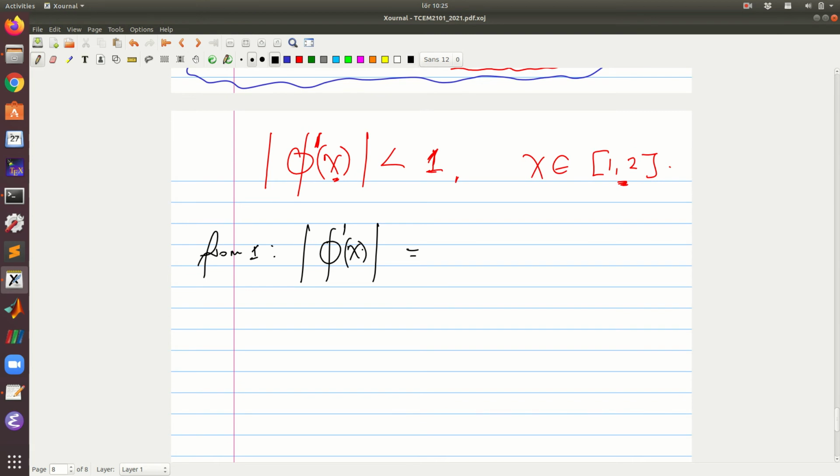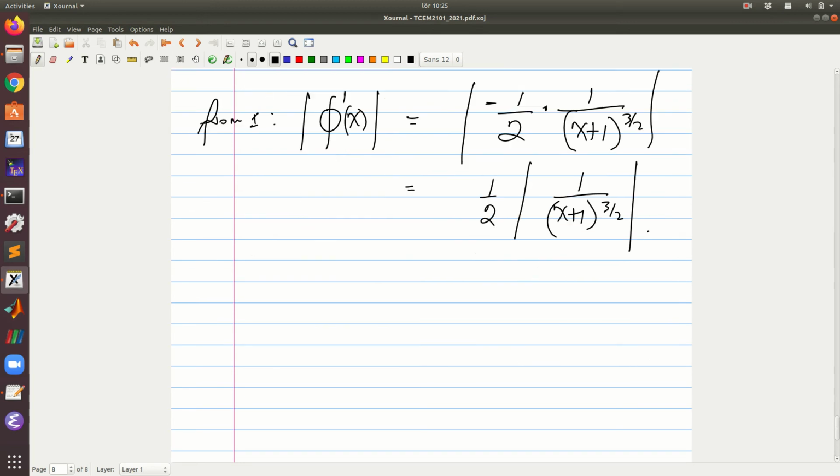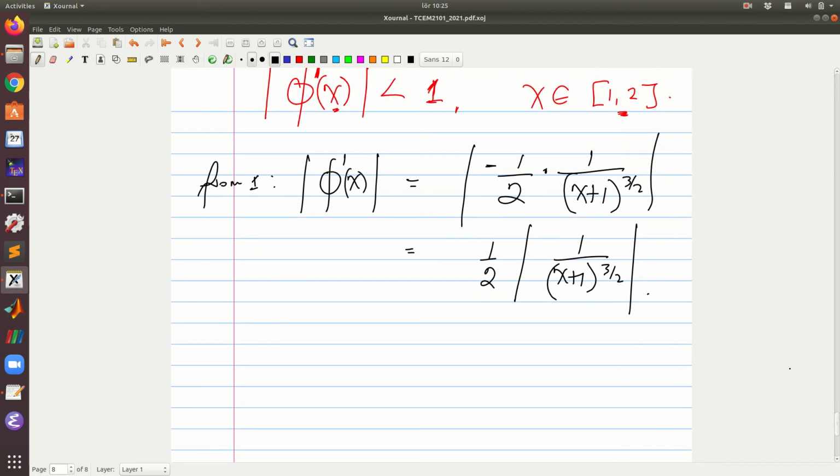So if I differentiate that one there, we are going to have the absolute value of minus 1 over 2 times 1 over (x plus 1) to the power 3 over 2, which we can write as 1/2 times the absolute value of 1 over (x plus 1) to the power 3 over 2. So we would like to check, is this